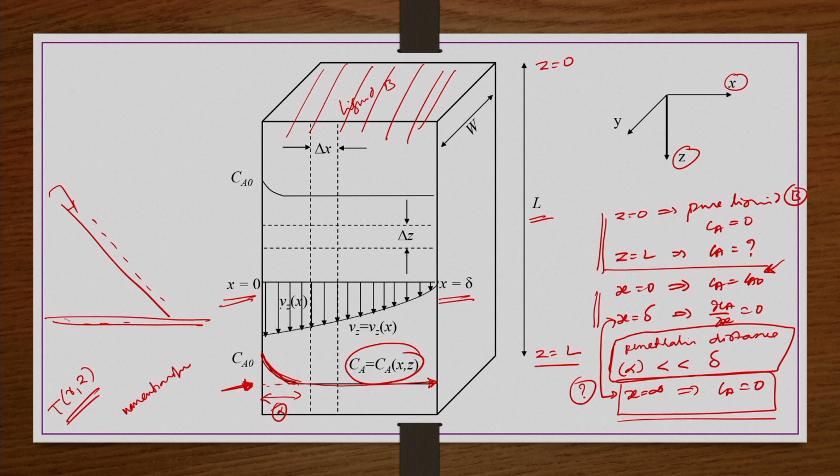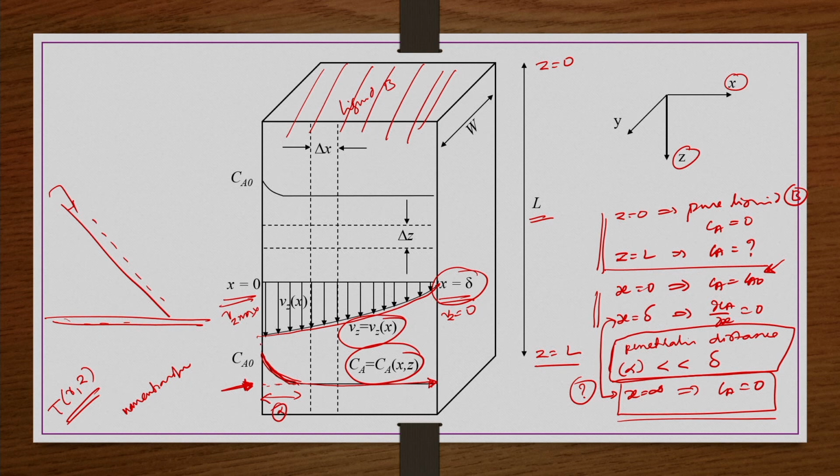Now in this velocity distribution, x equals 0 is the outermost layer of the fluid, which has the maximum velocity, and x equals delta is the surface of the plane on which the material is flowing. Because of the no slip condition, the velocity Vz would be 0 here, and Vz would be maximum at x equals 0. Between these two locations the velocity profile changes like this, as a function of x. So that also we have to find out. This understanding is very much essential. After that, everything is mathematical only.